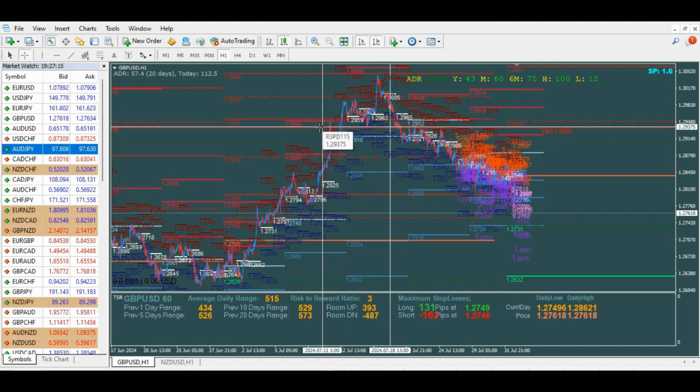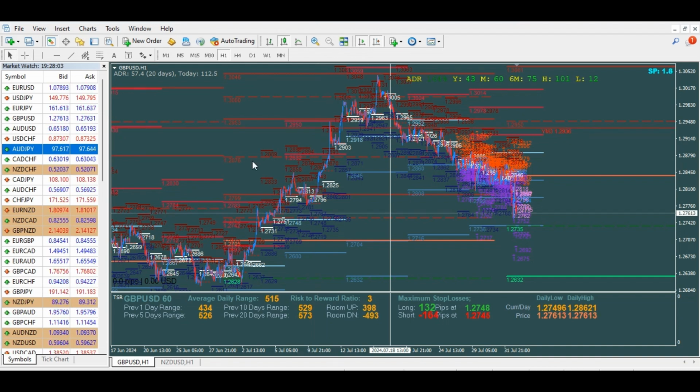And you can see here that this pip distance between the YM3 and the monthly M5 is 63.7. Okay. So what I typically do is I take this distance between the YM3 and the monthly M5, which is 63.7, and I divide it by the